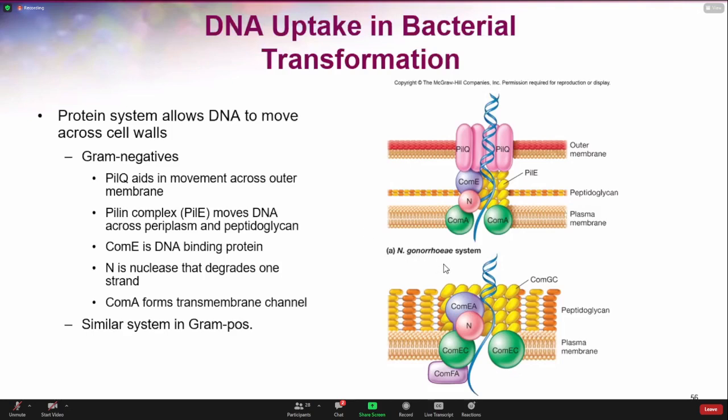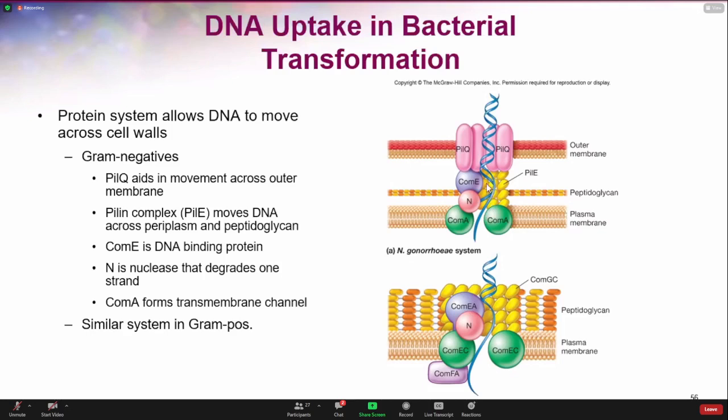Here's the one from N. gonorrhoeae, and here's one from B. subtilis. But just to focus on the top one, you're seeing that there are different proteins that help to form a pore in the outer membrane versus proteins that form a pore within the inner membrane. And then there are these yellow proteins that help form a channel along the periplasmic space so that the DNA is able to pass through the periplasmic space without being digested by the enzymes within that area. And there's actually an enzyme here labeled nuclease that is going to help degrade one of the strands of